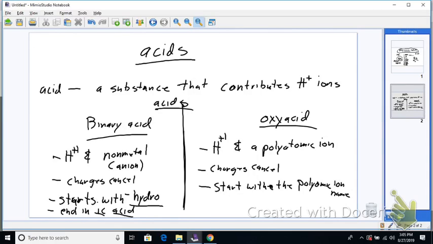Ite. Okay, let's pick out some other ones that have endings of ate. What are some other things that have endings of ate? Sulfate? Cyanate? Acetate? Perchlorate. Okay, there's a lot of ates. How about ites? Are there a fair number of ites? Chlorite, bromite. Okay, so if you look down the list, there's a lot of endings of ates and